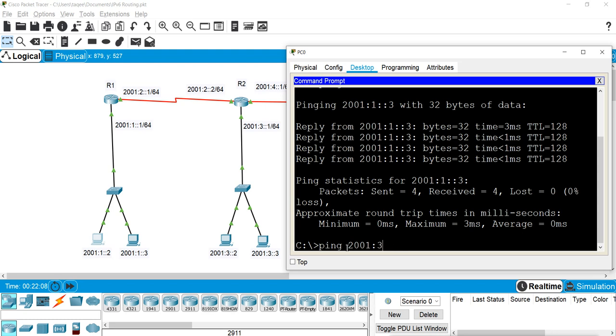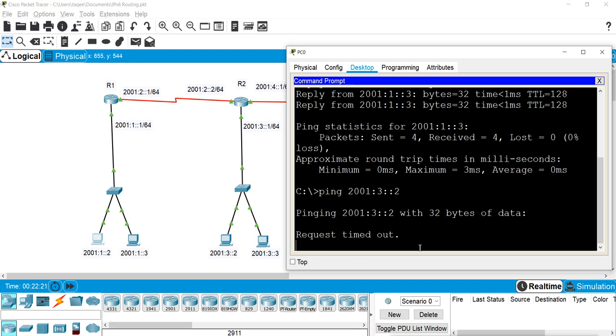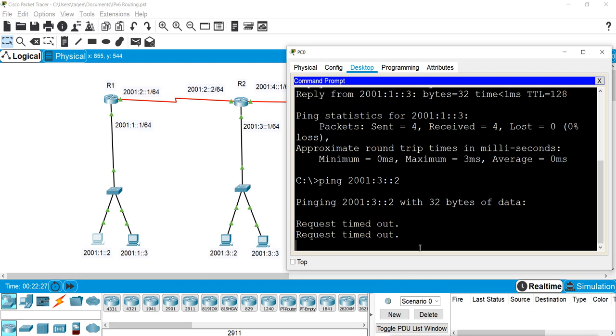Suppose 3::2. That means I'm trying to ping from this machine to this machine. And it will say destination host unreachable because our router doesn't know anything about it. Timeout.